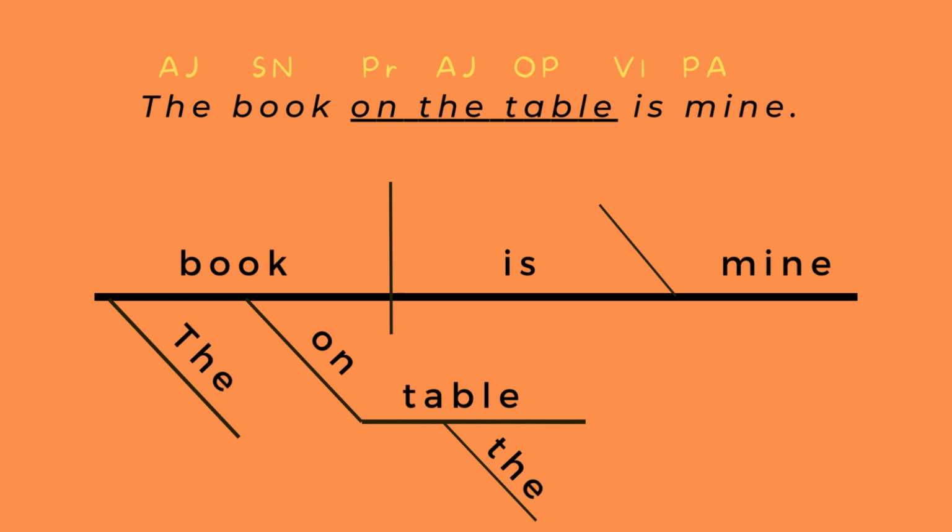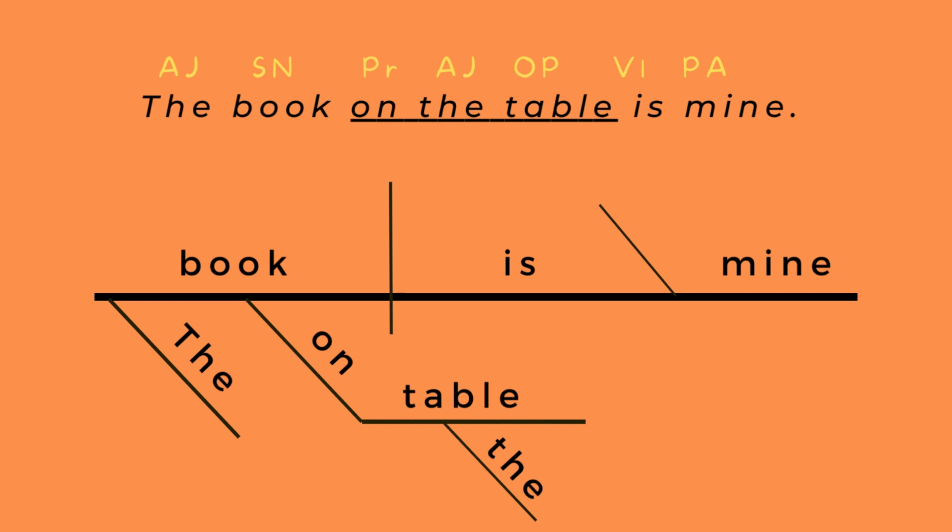And then we need to identify our verb in the sentence. The book on the table is mine. What is being said about the book on the table? It is mine. So is going to be our verb. So we would mark a V over our verb, and then we're going to do our question confirmation. We're going to ask ourselves some questions to establish and determine what kind of verb and then what this other word is